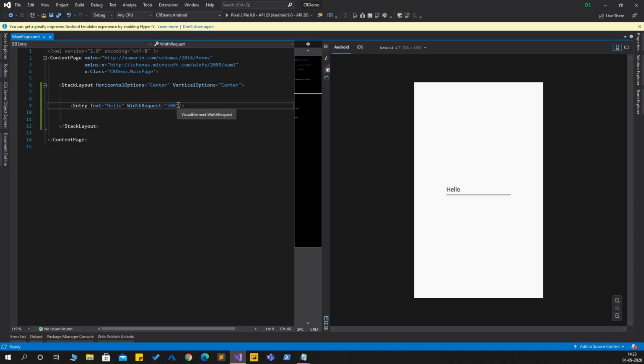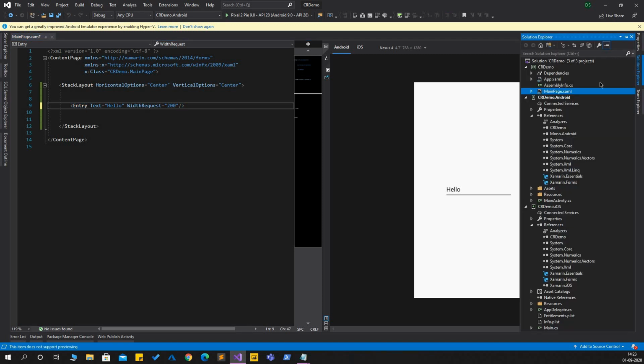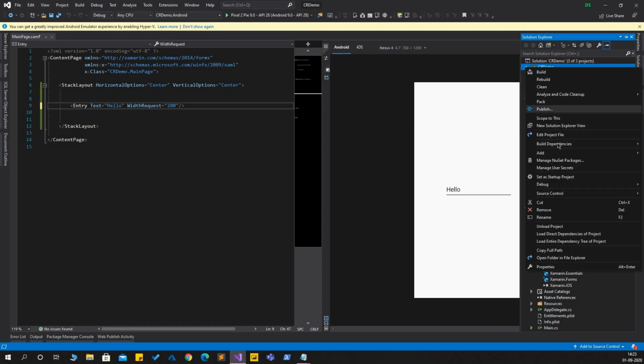So in order to do that, if I try to search for a border here, we do not have a property called border in the default entry. So how can we make it? In order to do that, we'll go ahead and we'll add a new class.